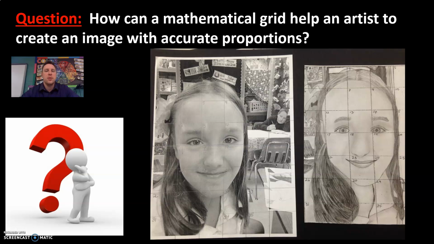So just to make that response simpler, the answer to the question is that the grid allows you to draw each feature individually, and it sections exactly where it's supposed to exist. So however you decide to write that, as long as it's within the parameters of what was discussed, you should be fine. That is basically the end of today's video. I hope you guys understand the definition for a box grid and how the grid is supposed to help you